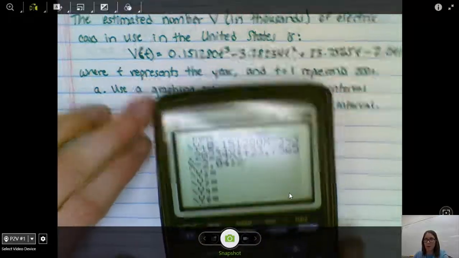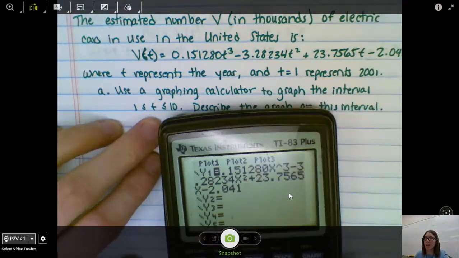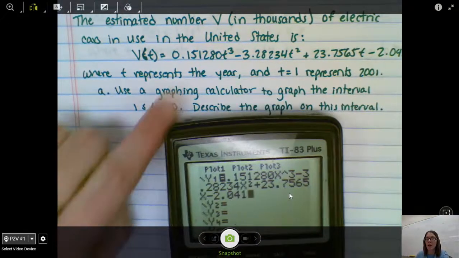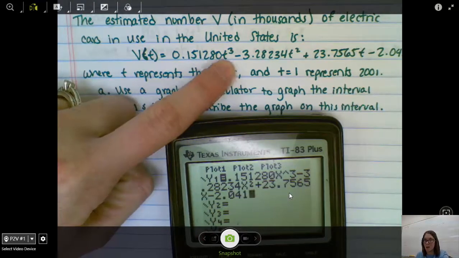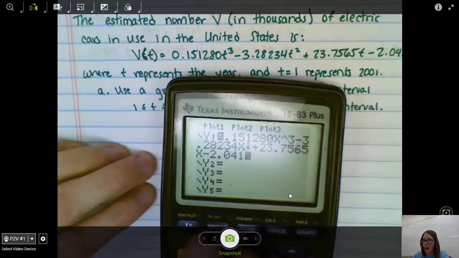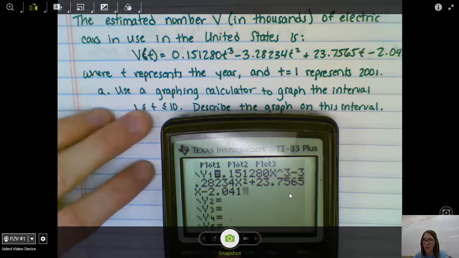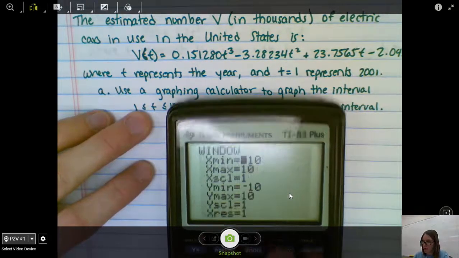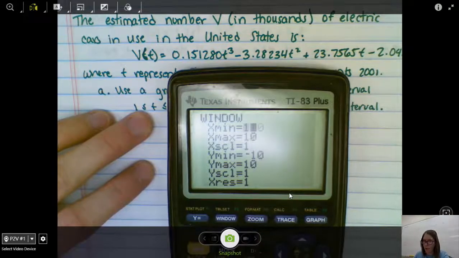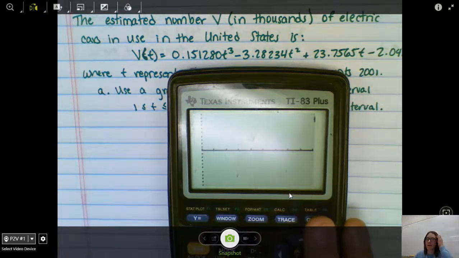And we want to graph on the interval t is between 1 and 10. That's really helpful because if you look at your equation, that's what our t is, what our x value is. And that's going to help us figure out what window we really want to look at. So we set our x values between 1 and 10. And if I go graph,